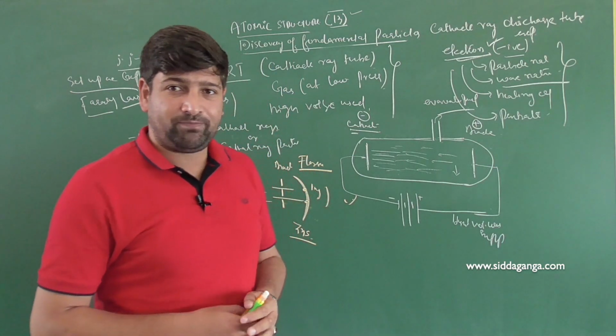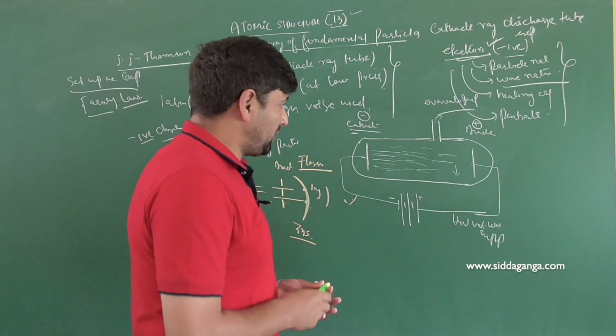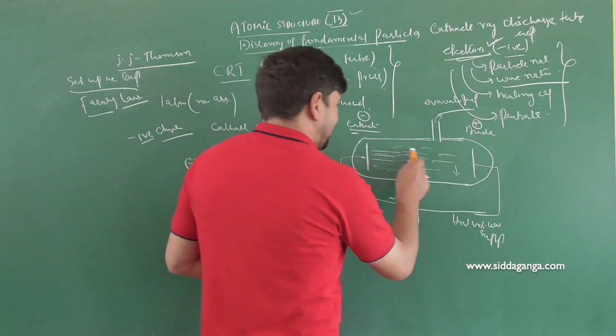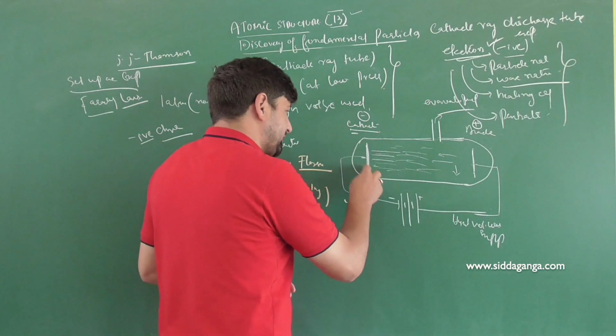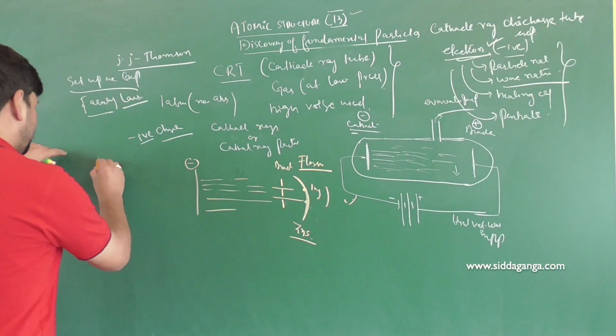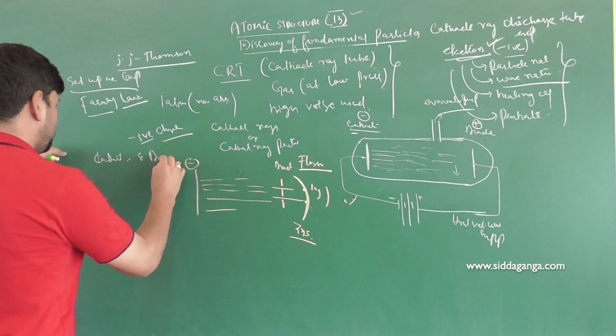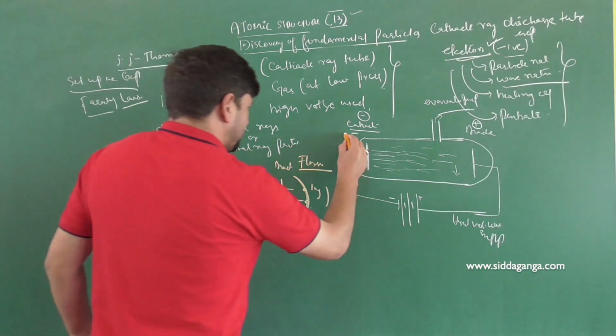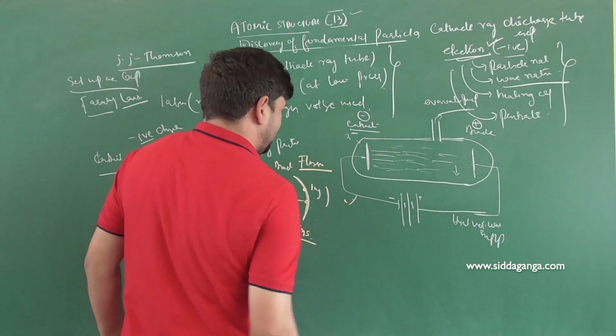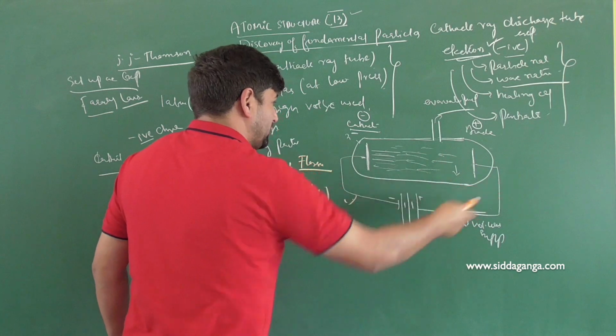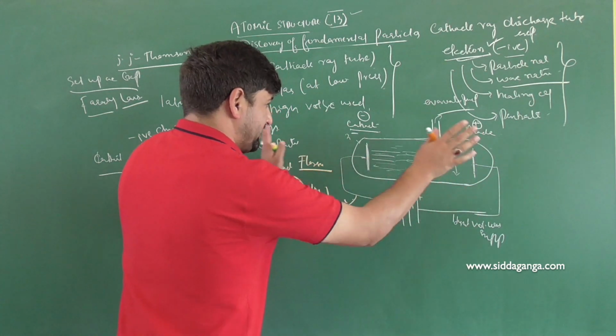One more important thing that they found out with respect to this was that as soon as the gas was changed, and as soon as the cathodes and anodes were changed, as the material was changed, suppose initially if they had kept iron or zinc or some other metal, when they changed this with some other metal, they did not find any change in the properties at all.